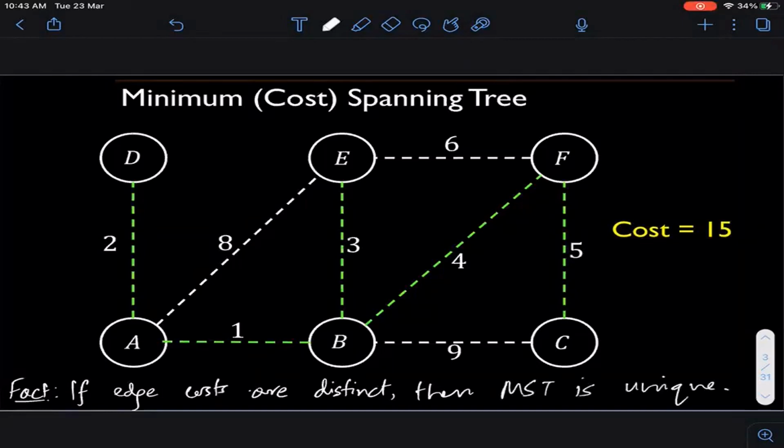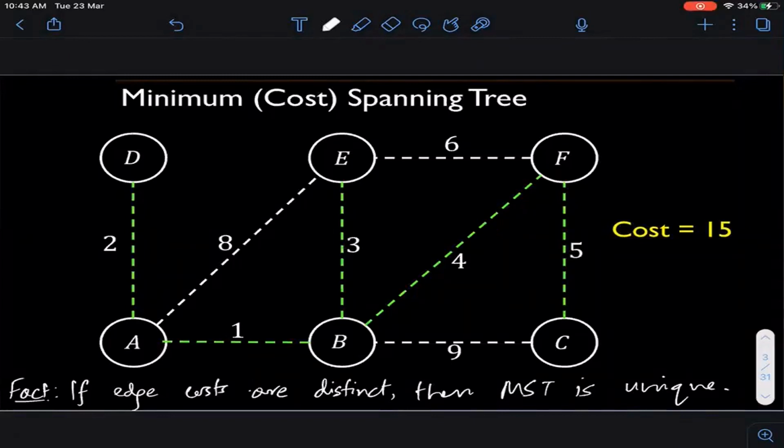Okay, so it's a nice little proof. You can try to do this at home. So if all the edge costs are distinct, then there is only one MST in a graph, right? But you can imagine that's not necessarily true all the time. If the edge costs are not distinct, you can very well have two different trees, both of which are MSTs. And in those cases, your algorithm should return any one of them. But for now, I'm just assuming this.